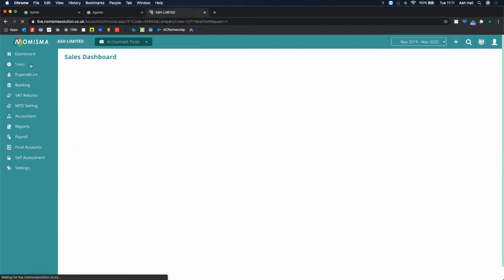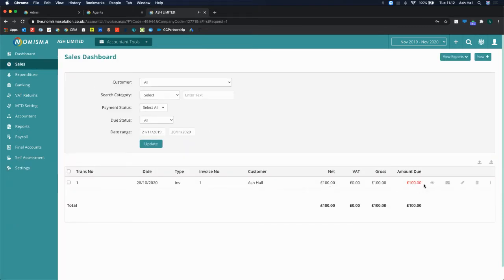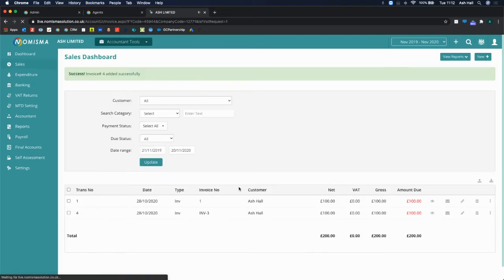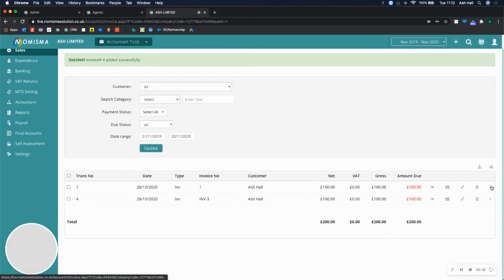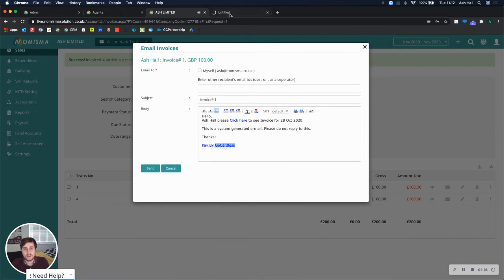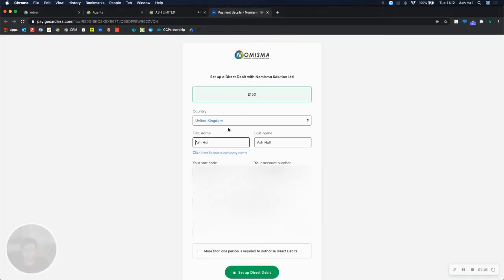So now when you go to sales and you've got a sales invoice that's outstanding, I'm just going to duplicate this. So copy it and save so that I have two sales invoices. Now that I've got two invoices outstanding, I can select invoice link. And then the first time I follow this link, it's going to ask me to set up a direct debit mandate. So I can set up a direct debit mandate,